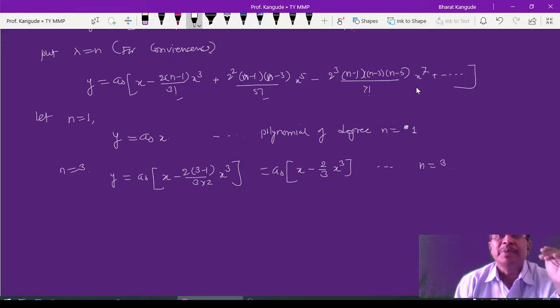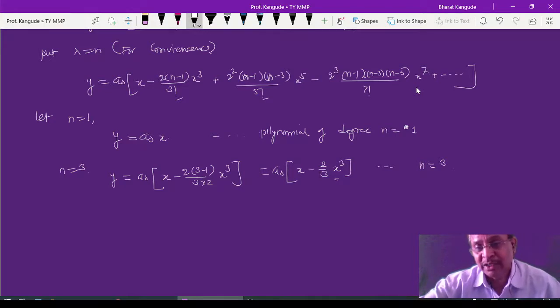Here the condition is a bit different. Now you have to select, amongst the polynomial, the coefficient of a0. When I get this a0 inside, in this polynomial of degree n equal to 3, this is the highest power of x, x raised to 3, and this a0 into 2 upon 3 number is so adjusted that this will be equal to x raised to n. So first we will write that statement. What is the requirement for this polynomial to get converted into Hermite polynomial? That will be as follows.